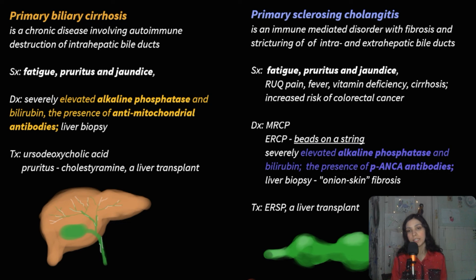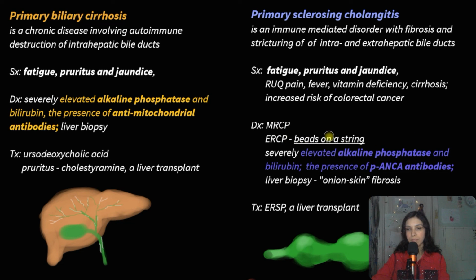Symptoms are fatigue, pruritus, and jaundice, like for primary biliary cirrhosis, and like for that condition there will also be elevated alkaline phosphatase and bilirubin, but here you can sometimes find ANCA antibodies, and the most important